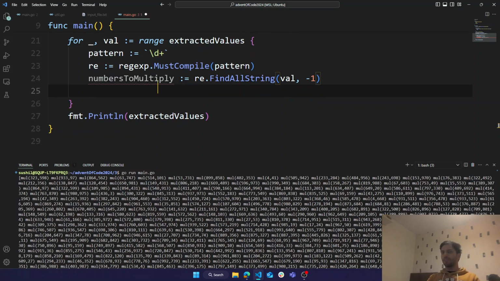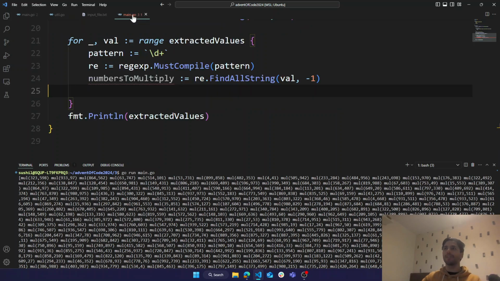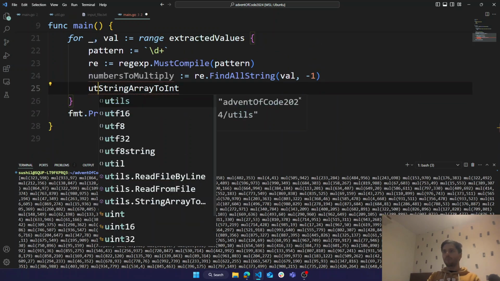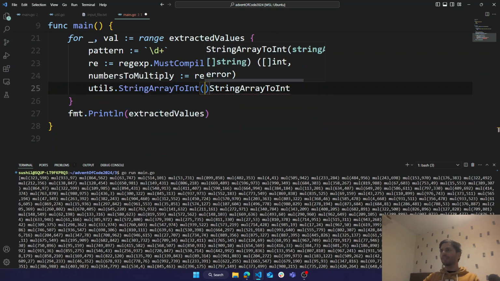We got our numbers to multiply. I made some function. I don't know if this is going to work. I've never tried it, but string array to int. So what it does is it takes in an array of strings and then just returns back the same array but with numbers. String array to int, say equals int.